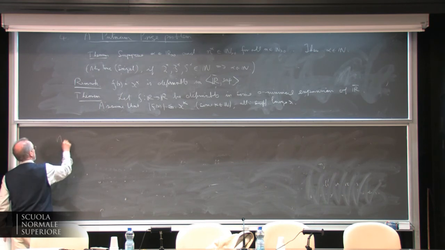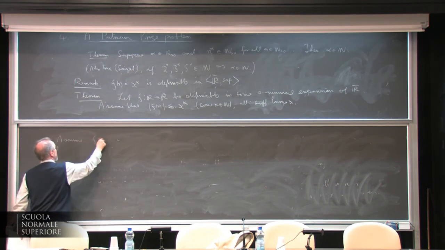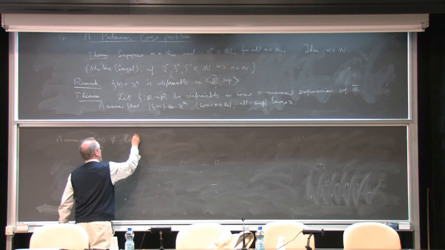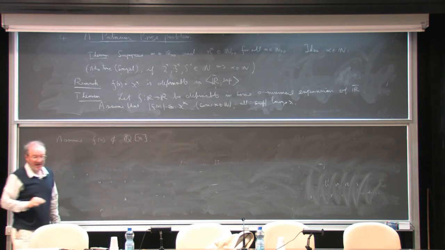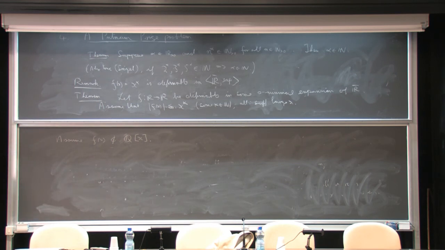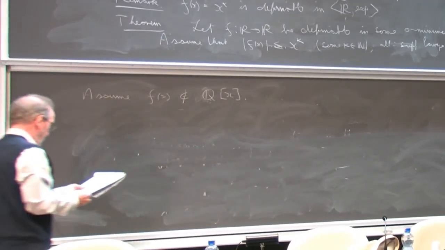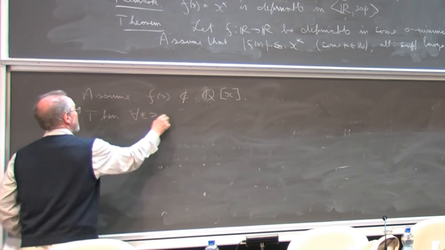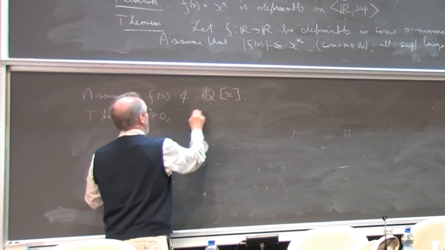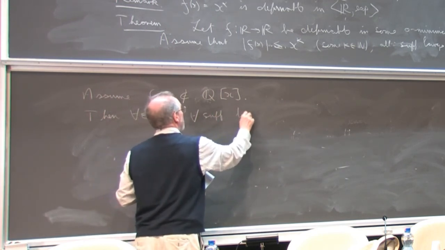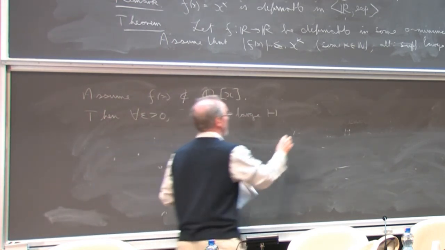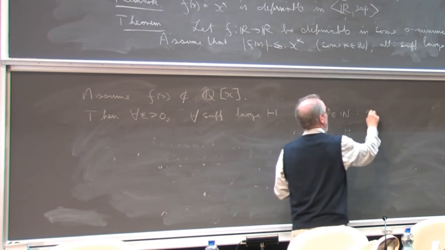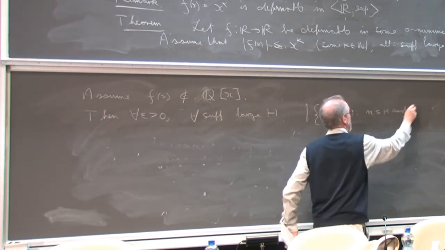So let's just say, assume f of x is not a polynomial with rational, we have to say, so assume f of x is not a polynomial with rational coefficients, when what I'm about to say is obviously false. Then for all epsilon greater than 0, and for all sufficiently large h, the cardinality of the set of natural numbers n such that n is less than or equal to h and f of n is also a natural number,